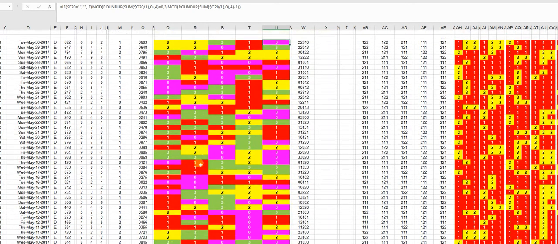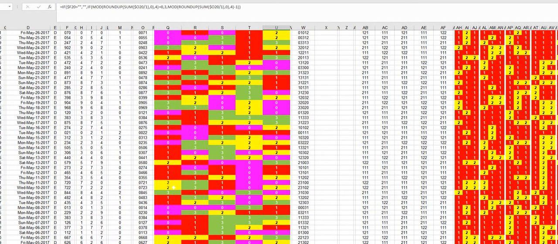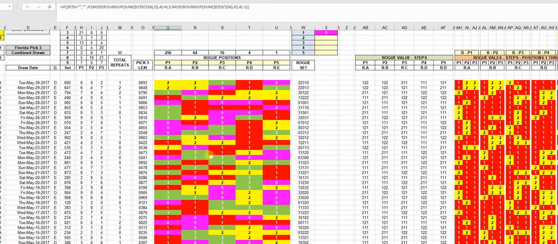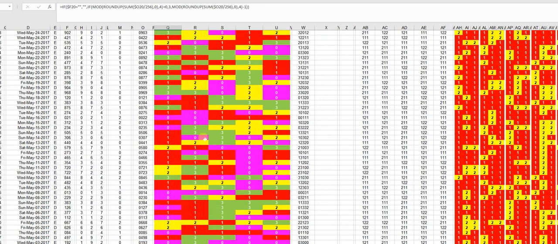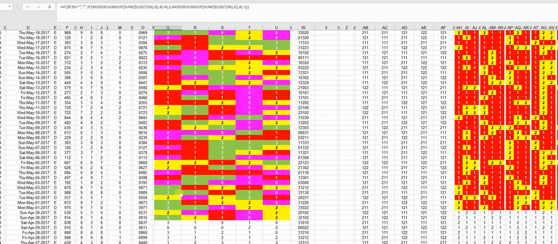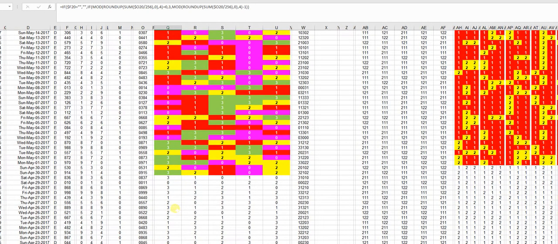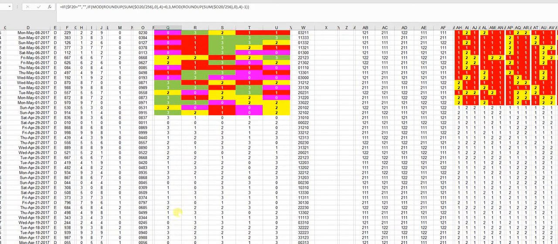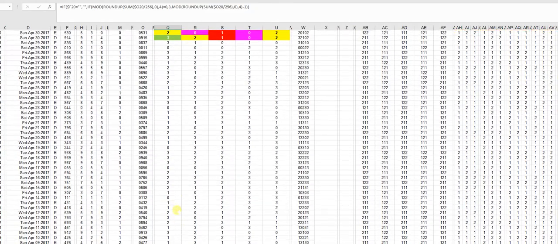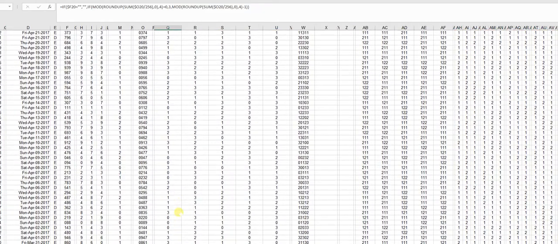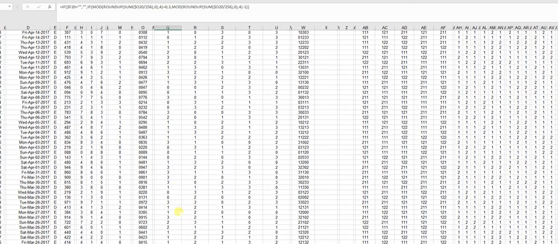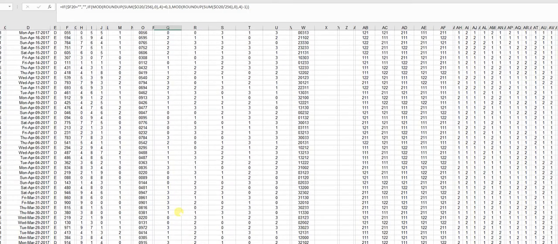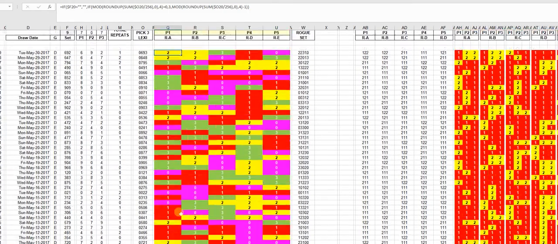Now, if I wanted to look at something else, I could see what follows 2 2s, or see what follows a 3 2 2. Here, a 3 2 2, I could put a 1 there. Keep going down until you find another 3 2 2 to see what follows it. Of course, that don't always mean a whole lot, but sometimes it works. I don't see a whole lot of them, so